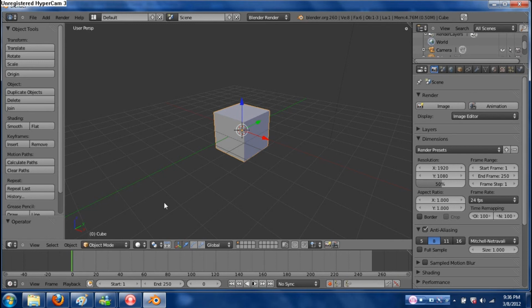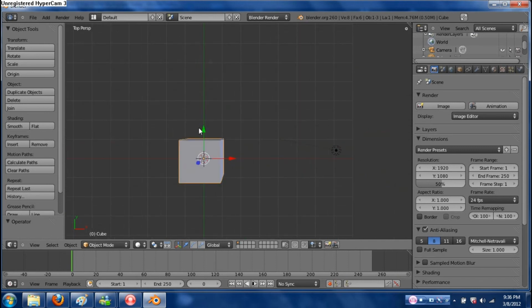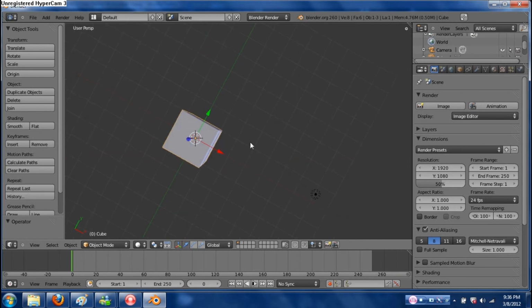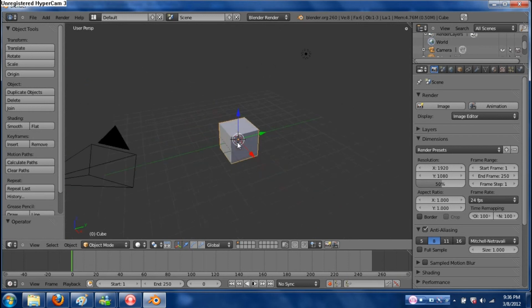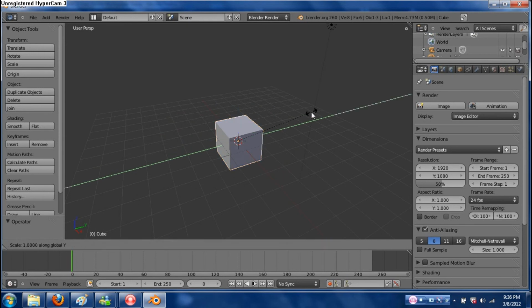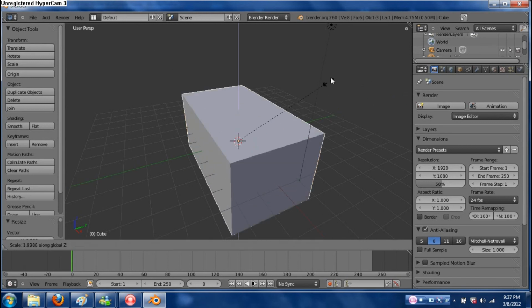This graph down here is kind of like the graphs you would see in math, because if I go to the top view here, you will see a Cartesian coordinate plane, which is the Y-axis and the X-axis, and all the points in between. But this is 3D, meaning we now have a Z-axis, which is this blue here. And so if we want to scale it along only the y-axis here, we hit S for scale, and then Y for that axis. And you can scale it in that direction only. No matter how you move your mouse, it's moving in that direction only. This also works for X and Z.